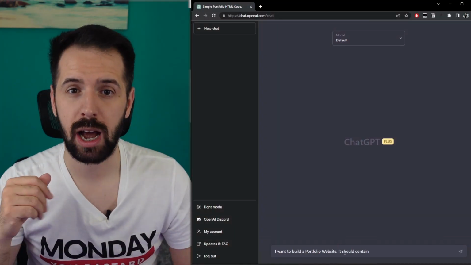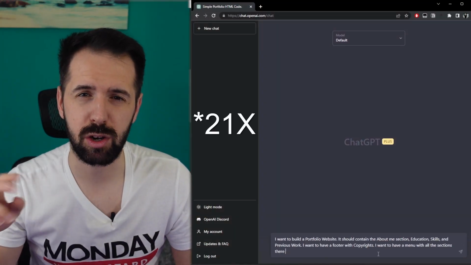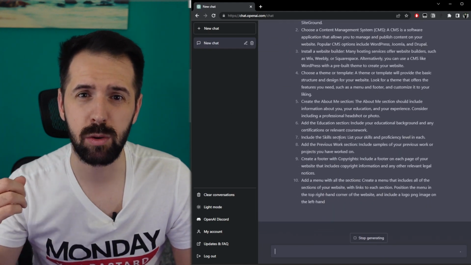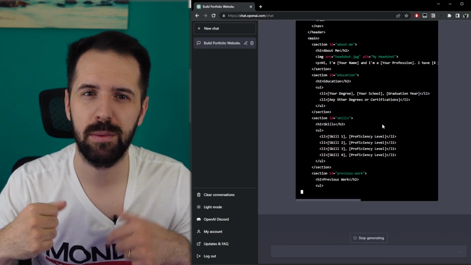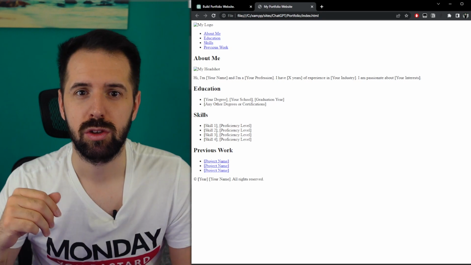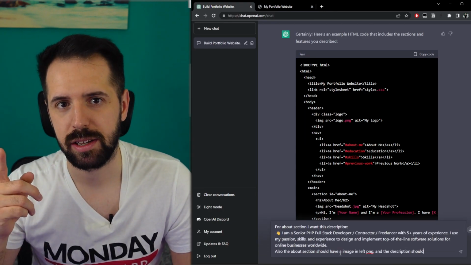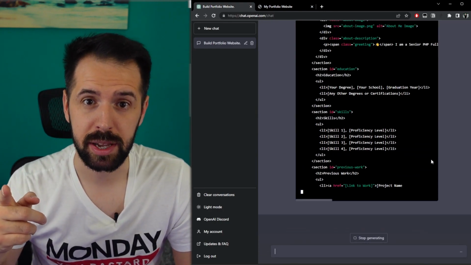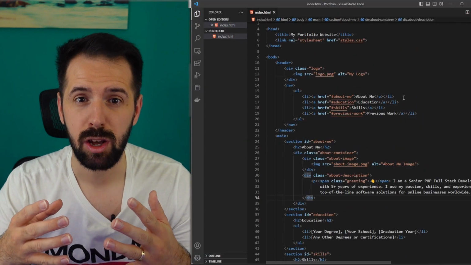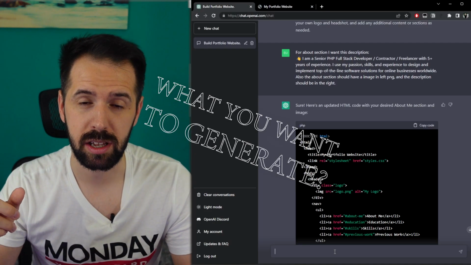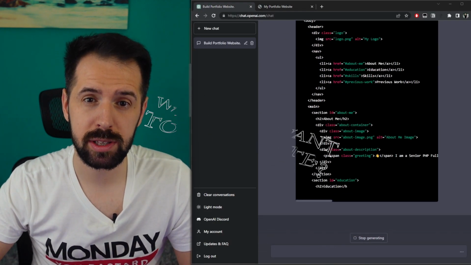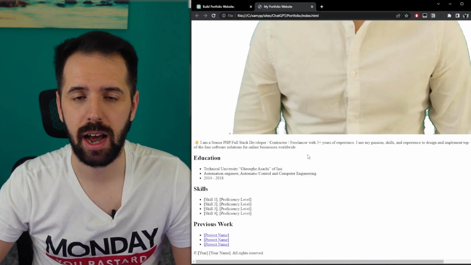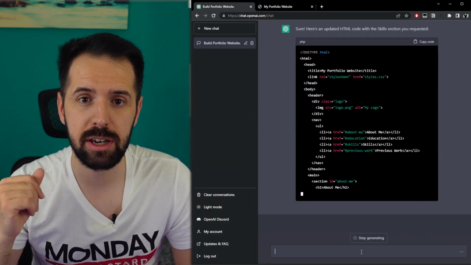From this point on, I will increase the speed by 20x because in reality it took me about 1 hour to finish this project. So I will check only the key points to know exactly what you should expect. The first thing that you should keep in mind is that you should specify exactly what you want ChatGPT to generate. For example, I wrote that I want a website, but in my case I had to specify that I want HTML generated.